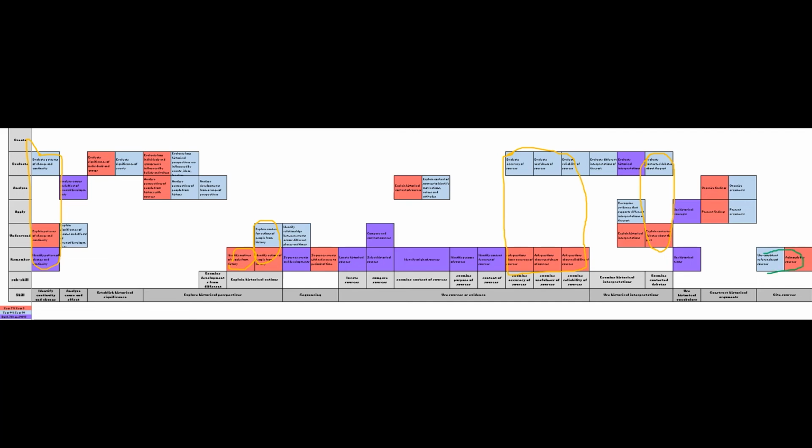So like there, for example, this stuff's all exactly the same. That's exactly the same. All this stuff's exactly the same. So the achievement standards for those ones are exactly the same for years 7, 8 and 9, 10. So how you're supposed to demonstrate progress from one to the other is unclear. And then you've got what's probably the biggest problem of all, this stuff where you've got a blue above a red. So like this one here,